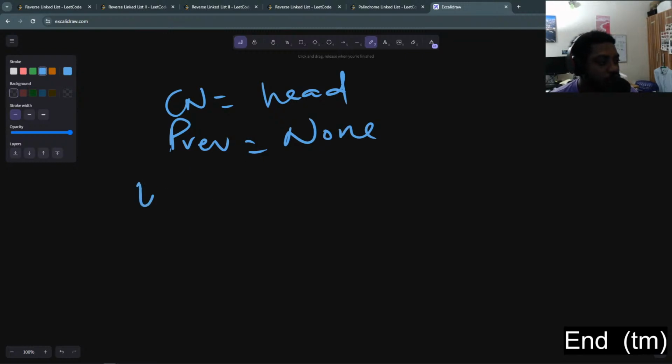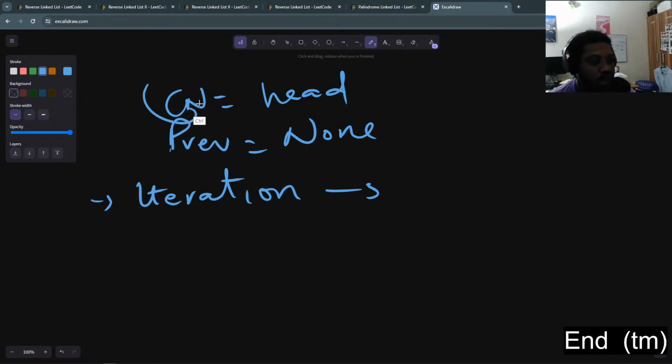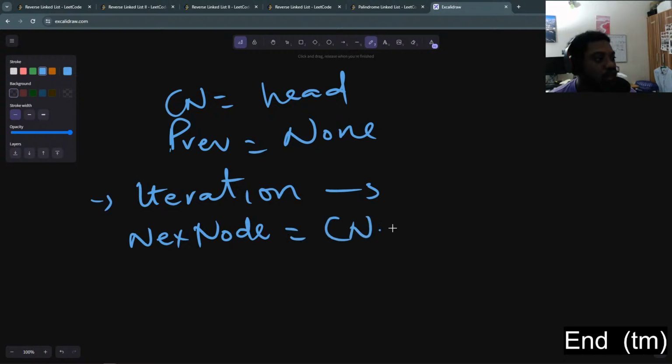So in the iteration, when we are iterating through the linked list, here's what we need to do. We'll take the current node, and we'll keep a copy of the next node in the linked list. So every time this current node will change to the next node, so we'll say next node will be equal to the current node's next value,